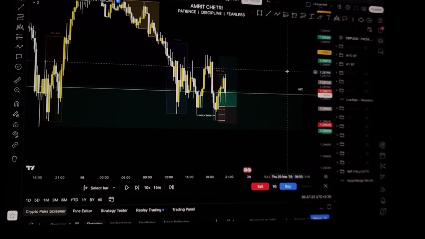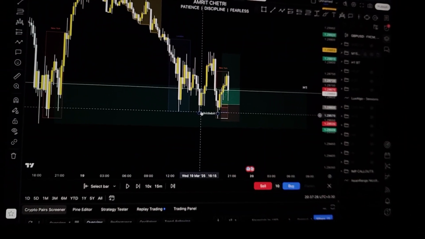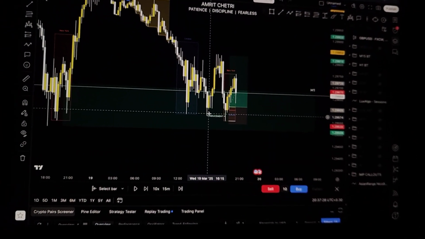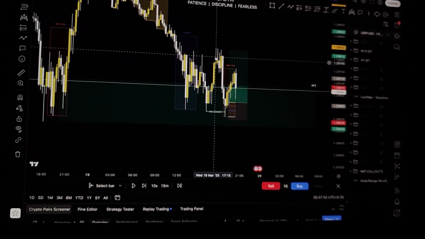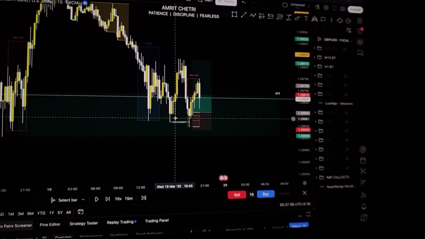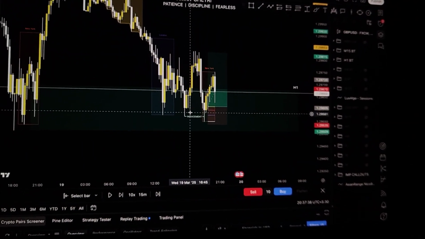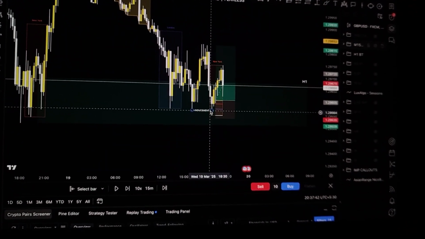I have seen it so many times happening in the markets, and even it happened this time. Here you can see the price, London session literally went to the downside. When the price after the London session went down, swept liquidity from the London session right here, and then went up again, and again went down, swept liquidity from the higher low that was caused after taking the London session.